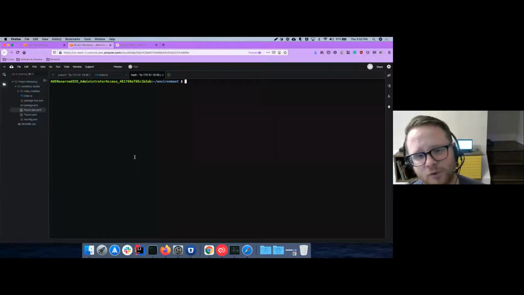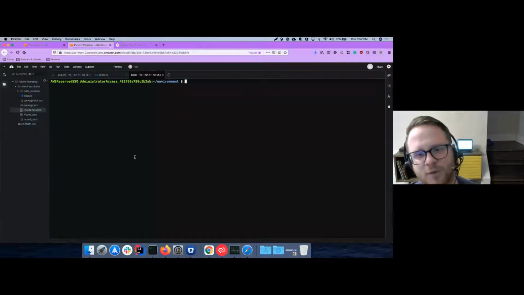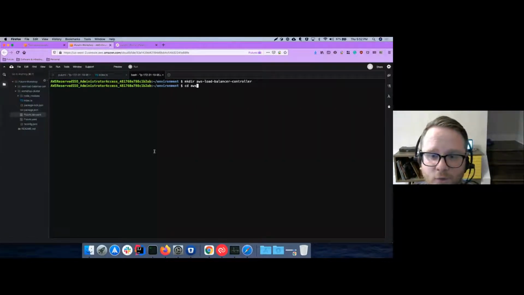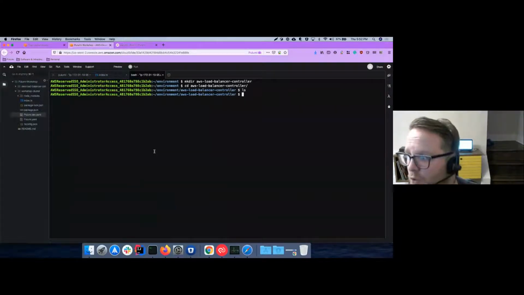So when you spin up a Kubernetes cluster, there's a few things that you sometimes need to layer on top of Kubernetes to make it usable for people within your organization. So let's create a new directory called aws-load-balancer-controller with mkdir, and I'm going to move into that. And then I am going to provision a new AWS Python